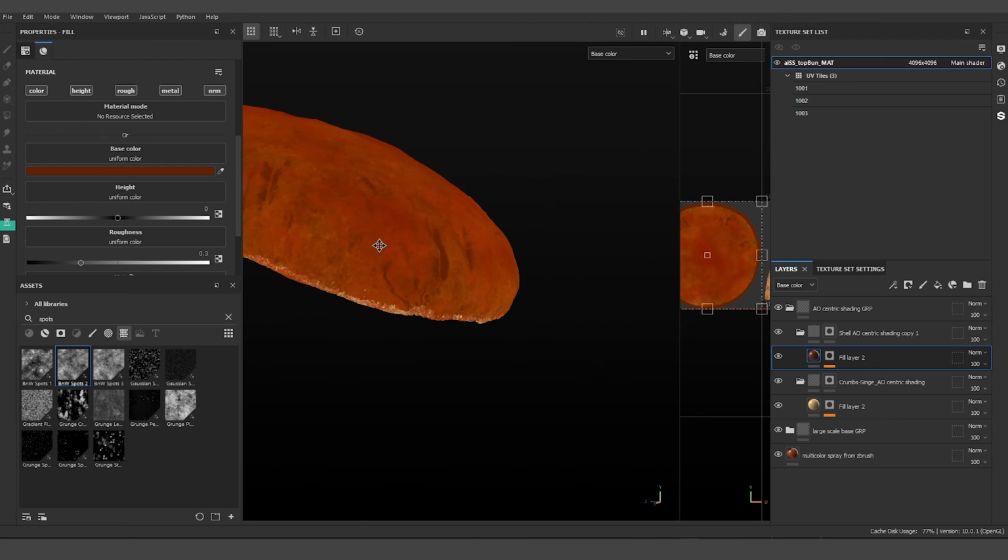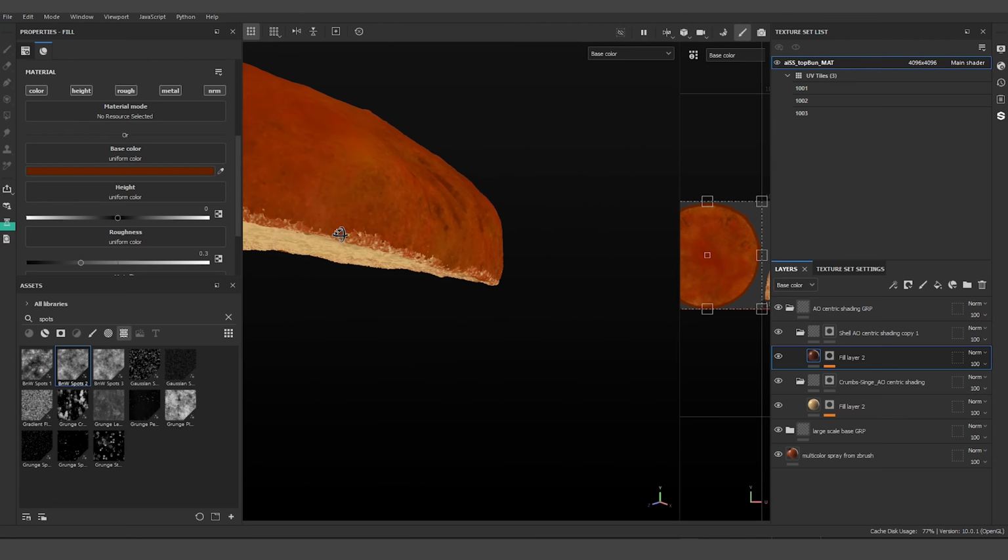But now the real heavy paint work is about to start, right? This is all just laying down some foundation. So that's our ZBrush multicolor, large scale base, ambient occlusion shading, and now it's time to start layering on a lot of hand painting. All right, the next thing I'm going to start laying down is some